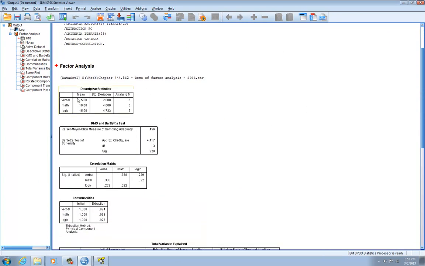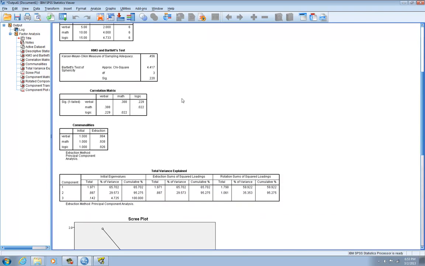So I've got descriptive stats, KMO, and Bartlett's test, which I requested. Also a correlation matrix. A correlation matrix, as you recall, is a symmetric matrix, since these are the same, and there are ones on the diagonals. We also have our communalities here,